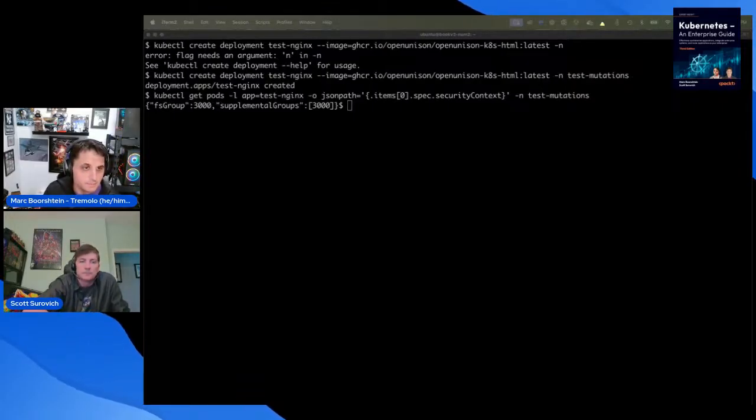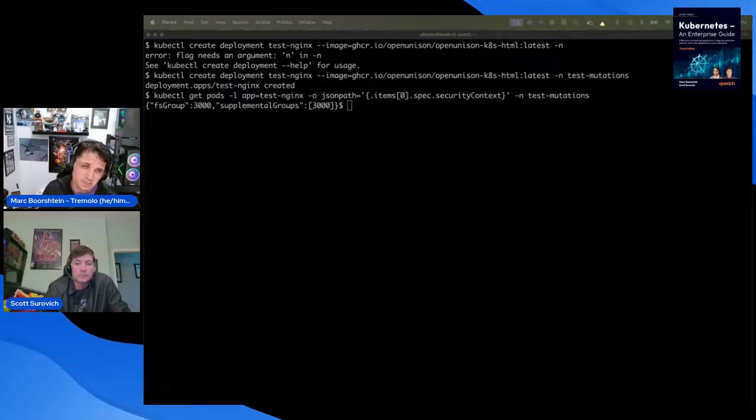I'm a big fan of doing it from an operations standpoint because it takes work off the developers. But this isn't policy enforcement. You still need policies in place. It's great that if you don't specify anything, you'll get something that matches policy, but we also want to make sure that you don't specify something you shouldn't. That's the carrot and the stick. The carrot is, don't do too much work and we'll take care of some of this for you. The stick is, if you try to do something you're not supposed to, we're going to whack you on the head.